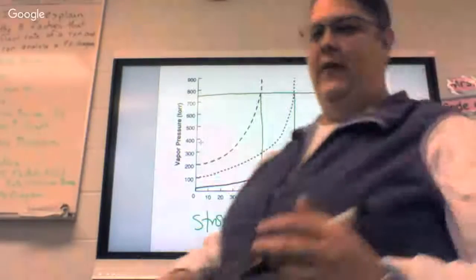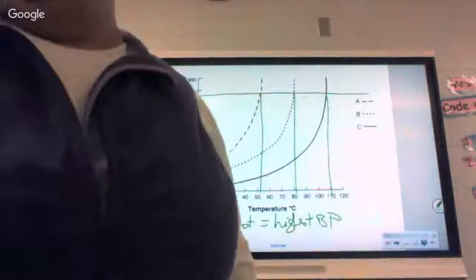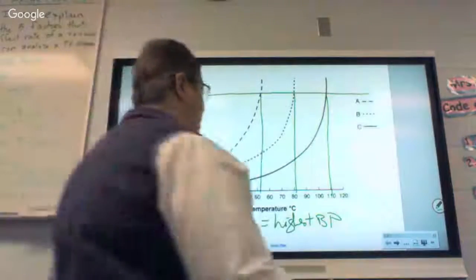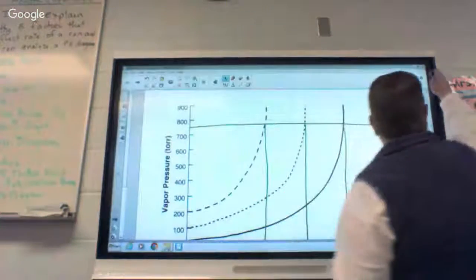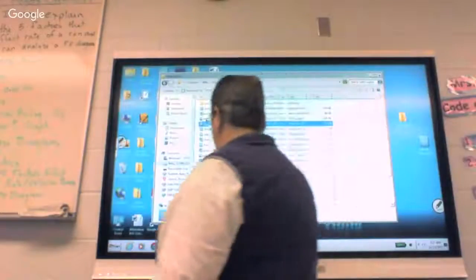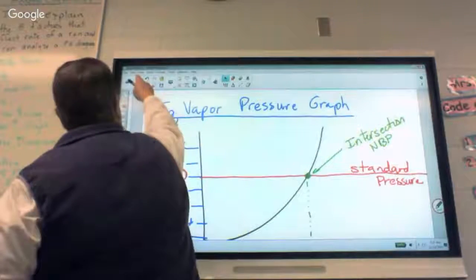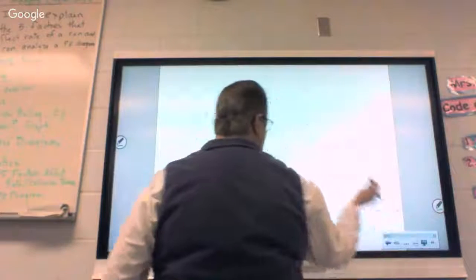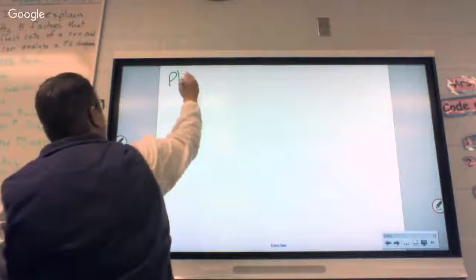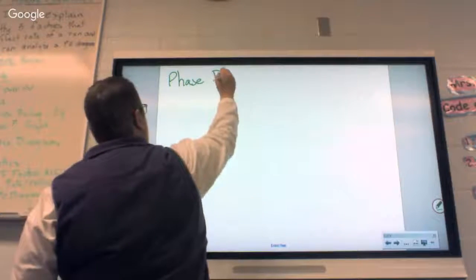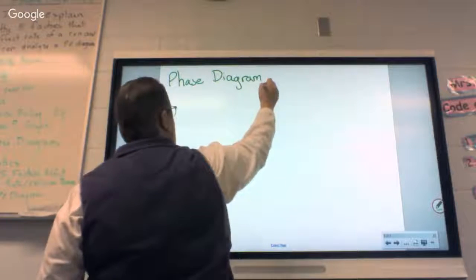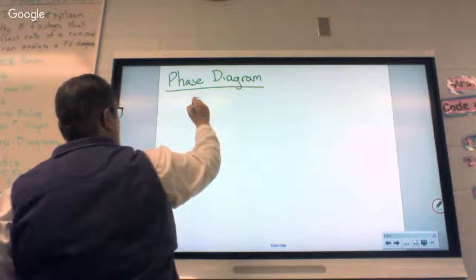I think we're on the phase diagrams, if I'm not mistaken. We've done that. Yep, phase diagram. The last graph that we have not talked about that we need to do is the phase diagram. A phase diagram is one of those that's very easy to read as long as you learn the parts. That might be as far as we get today because it has multiple parts. A phase diagram shows